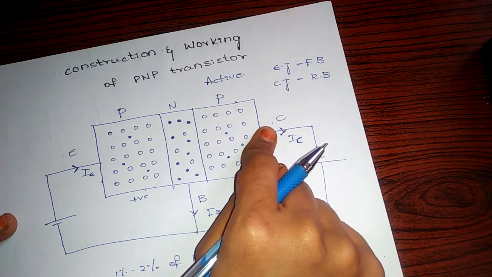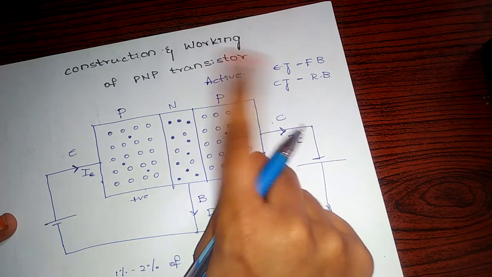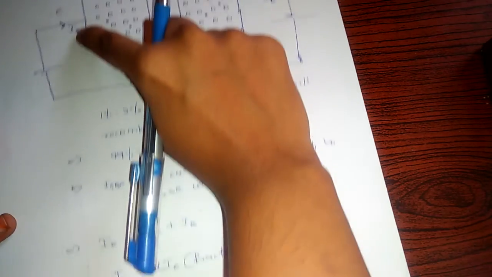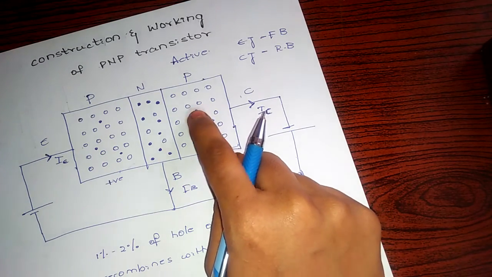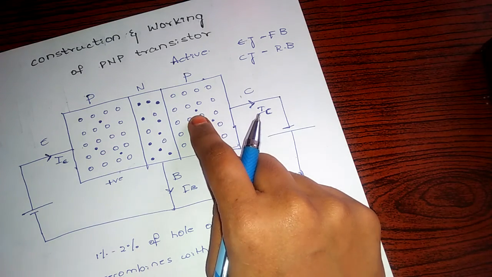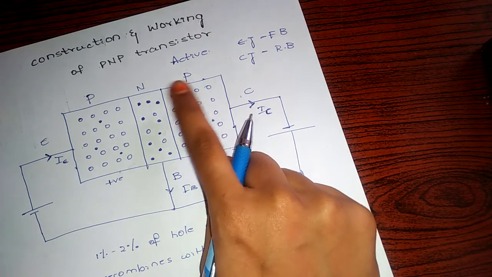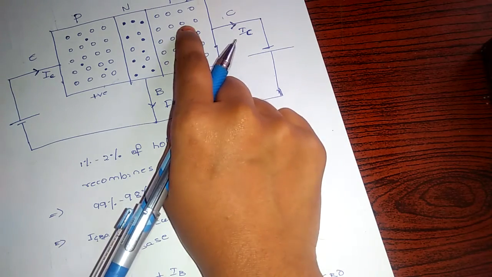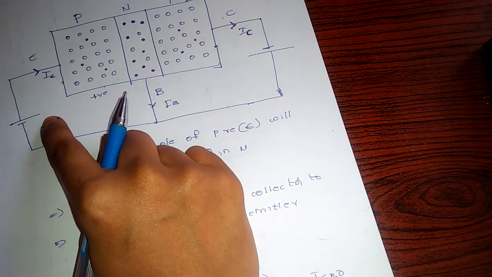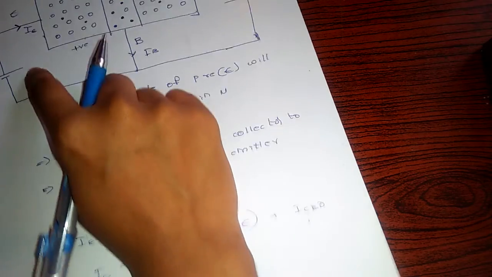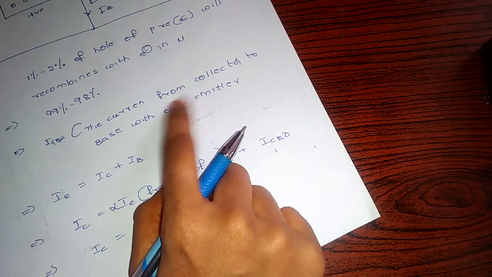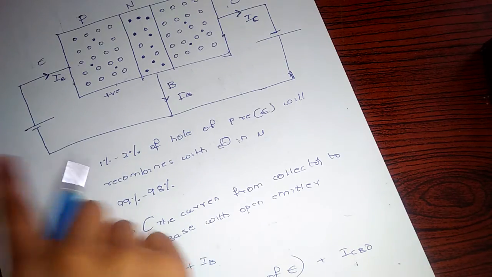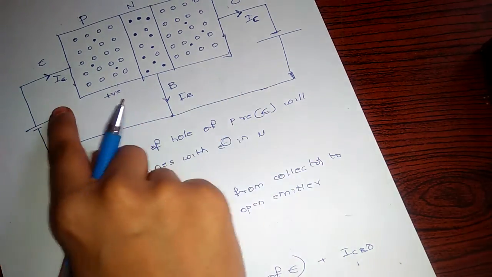So what is the collector current? The current in the collector region with emitter. It is given as a fraction of the emitter current, and it still has minority charge carriers. Even with that, the saturation current can flow. It flows towards the base even if there is no voltage at the emitter. So it is termed as ICB0, open emitter. Why is the open emitter given? I am telling you, if no voltage is given here, the minority charge carriers will flow, I mean the saturation current will flow.